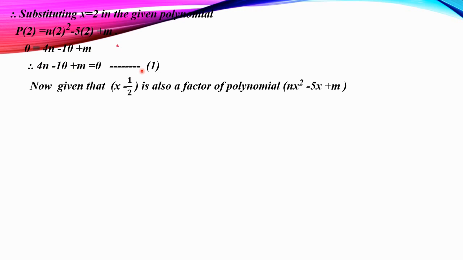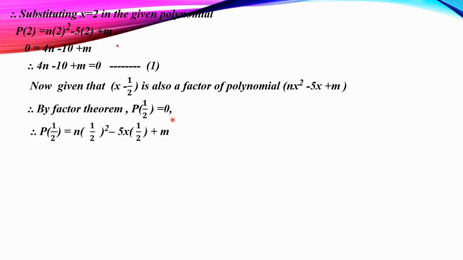That is 4n minus 10 plus m is equal to 0, which is equation number 1. Now we will take the next factor, that is x minus 1 by 2. This is also a factor, therefore our remainder will be 0. By factor theorem, p(1/2) should be equal to 0. So substituting the opposite of minus 1 by 2, that is plus 1 by 2, in the polynomial, we get